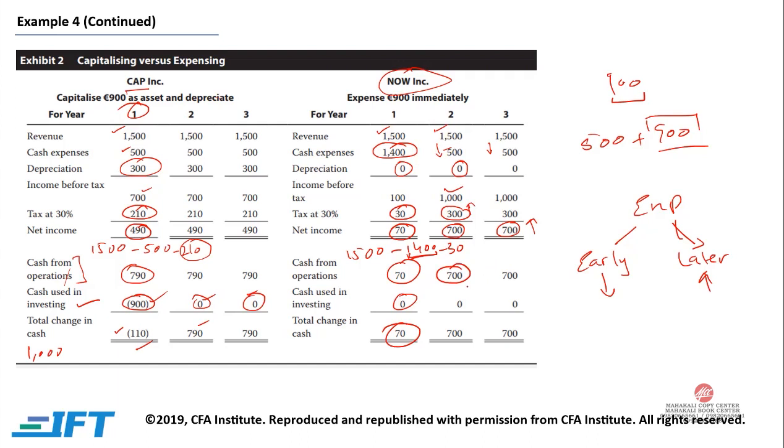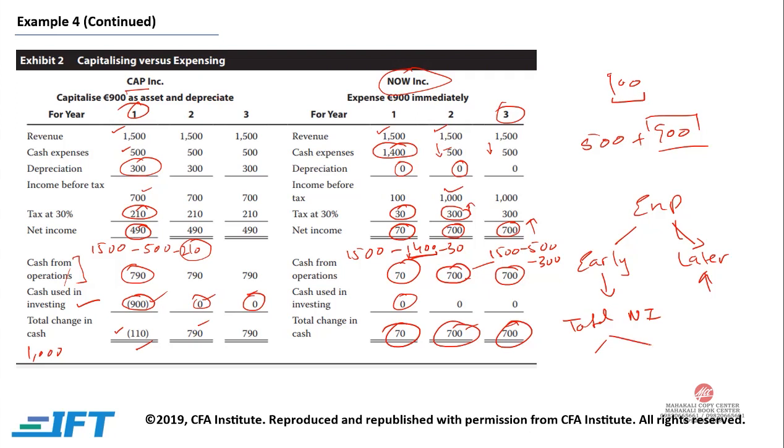Cash flow from operation is basically 1500 minus 500 and minus the tax that we pay, 300. So 1500 minus 500 minus 300 equals 700, and that's the same for the third year as well. And if we see, the total change in cash is 700 and 700 in years 2 and 3. And if we look closely, total net